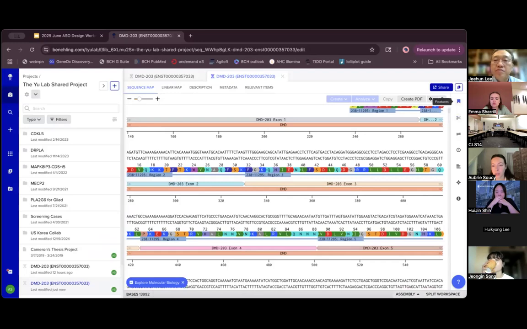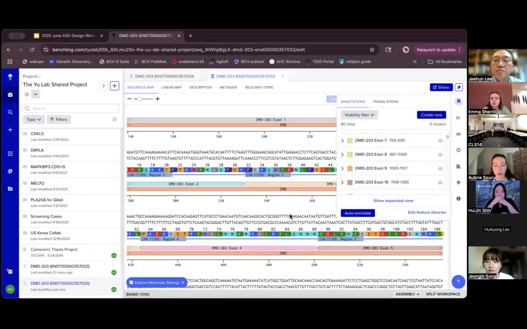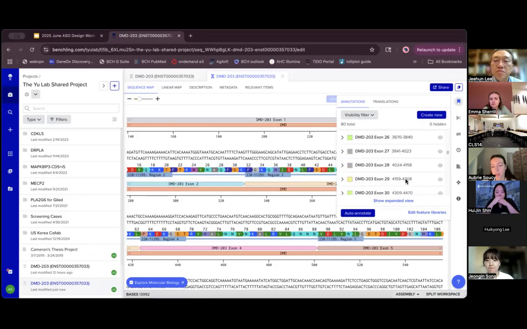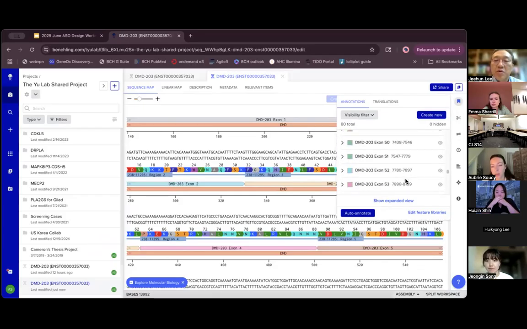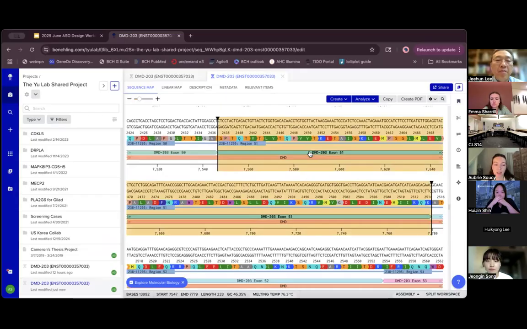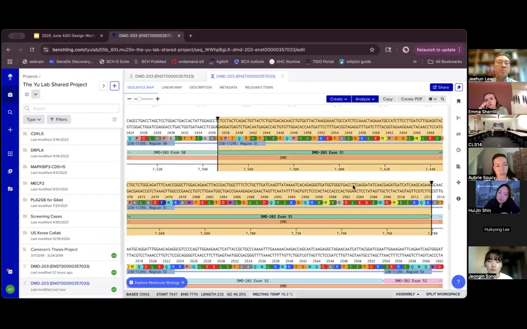So if you click this little features flag up here, it will show you all of the annotations that are included on the view that you're looking at. So I'll scroll down to exon 51, which is where our deletion is. And I just wanted to show you guys that one of the features is that you can edit the sequence and see what the outcome is. So if your patient has a point mutation or a small indel, you can go in and find that position and make the modification here,